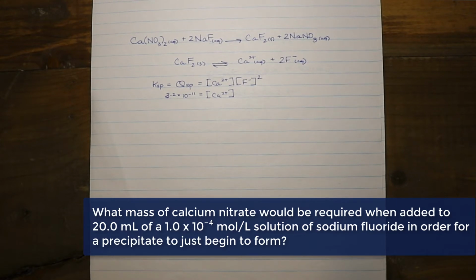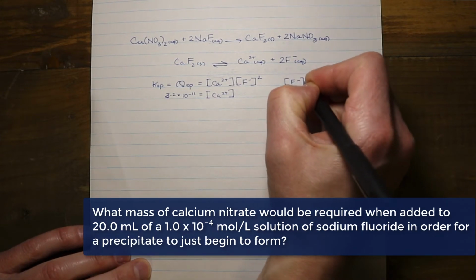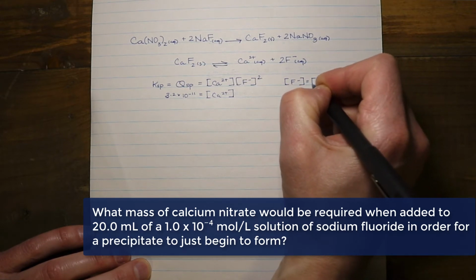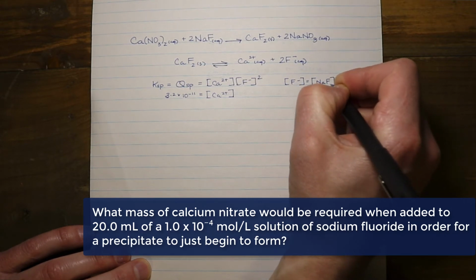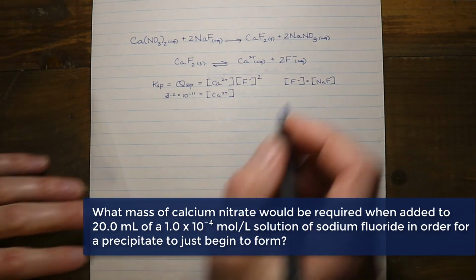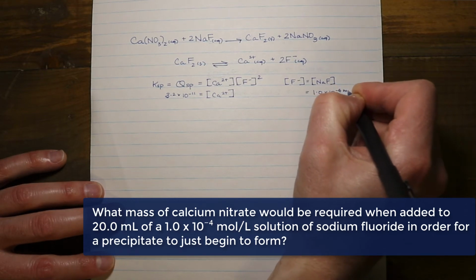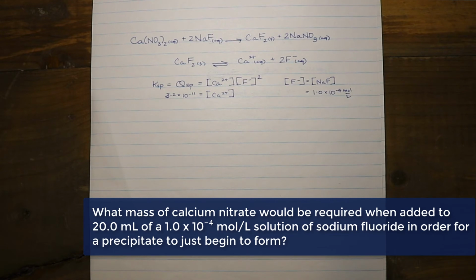In terms of the fluoride concentration, we have to remember that the fluoride ion concentration actually isn't going to differ all that much because our volume doesn't change. So the concentration of the fluoride ion is going to be equal to the concentration of the sodium fluoride initially, because this sodium fluoride is going to dissociate in a 1-to-1 ratio with the fluoride ion. So since we know the concentration of the sodium fluoride is 1.0 times 10 to the negative 4 moles per liter, then it stands to reason that we know the concentration of the fluoride ion in this particular reaction mixture,